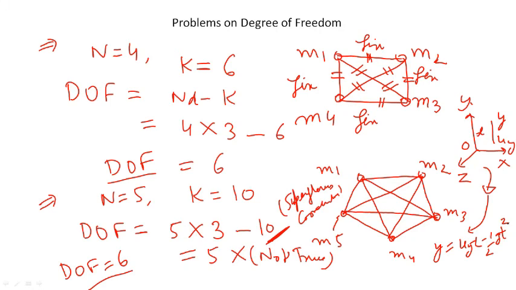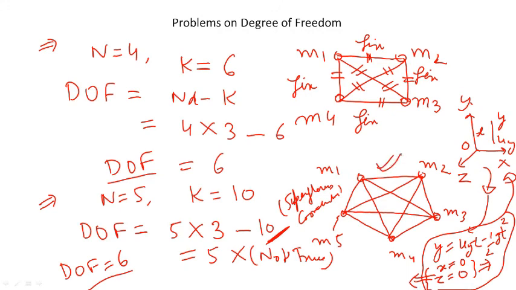Right? This is your actual equation for this motion, but you can also write x equal to 0 and z equal to 0. So here x equal to 0 and z equal to 0, these two coordinates are the redundant coordinates. If you have to specify the motion of the above system, then your relevant equation is y equal to uy t minus half g t square. Your x equal to 0, z equal to 0, these are non-relevant coordinates or values, so these are called the redundant coordinates or superfluous coordinates. So in this case also there is one redundant coordinate. So here actually the degree of freedom is not 5, the degree of freedom is here